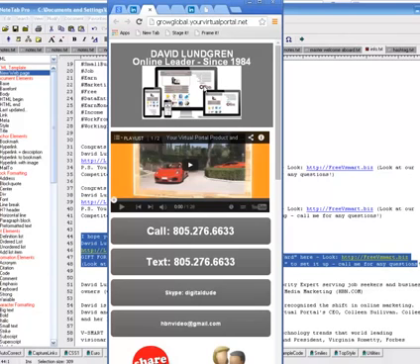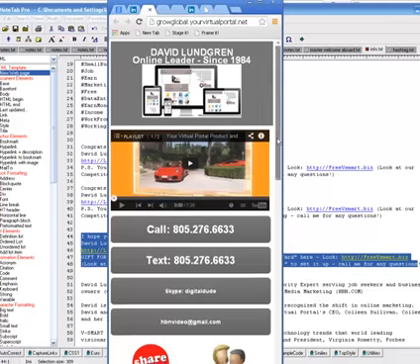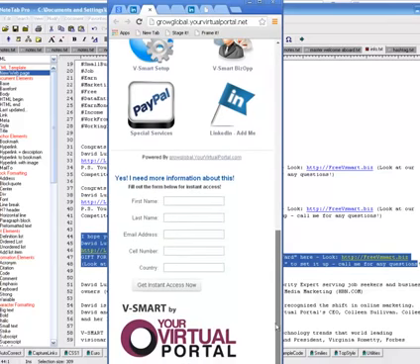Now, let's get back to the original question that everybody says. How do you get people to your website? How does David Lundgren get people to his vSmart page? Well, if you go back to LinkedIn and you see how I'm clicking on profiles, driving people back, they're going to my summary, they're reading things, they're getting a good overview, and they go, you know what? Hey, this David sounds like he knows what he's doing. I'm going to go ahead and add him. But not only are they doing that, they're ending up at this site, and then with that little opt-in form, I know who's chasing me.